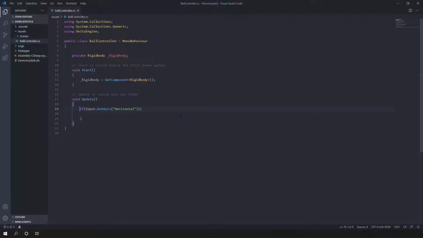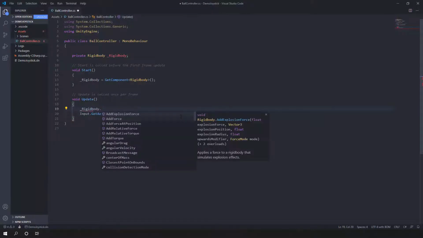So depending on what we get right here is how we are going to move. So we want to use the rigid body for that. So we will have the rigid body, and then now you can see that we have all the information from that. I just had to close and open up Visual Code a couple times.